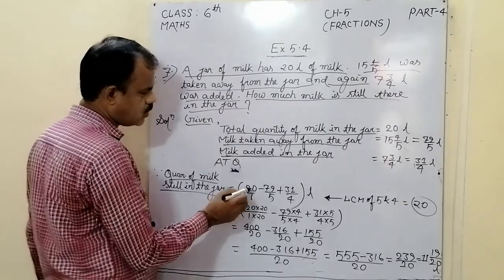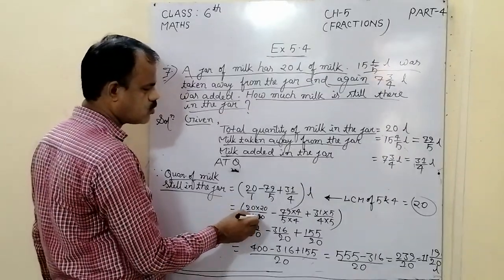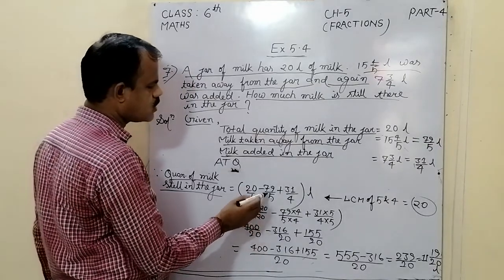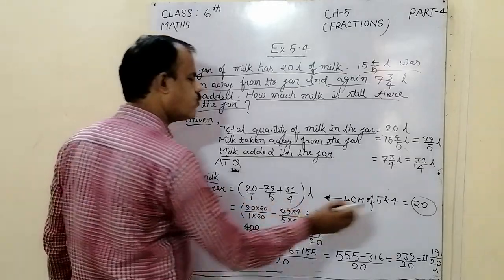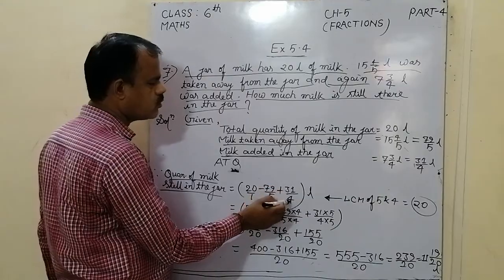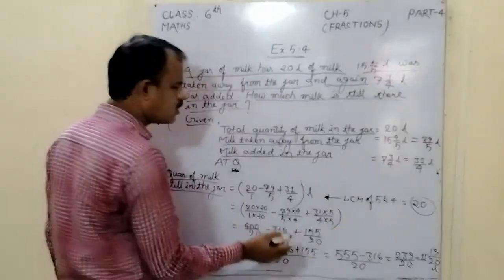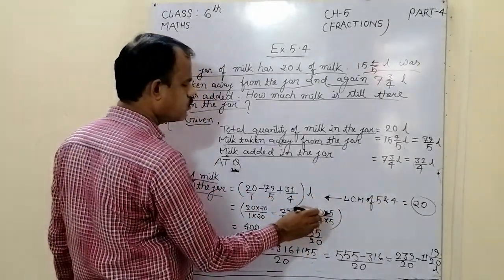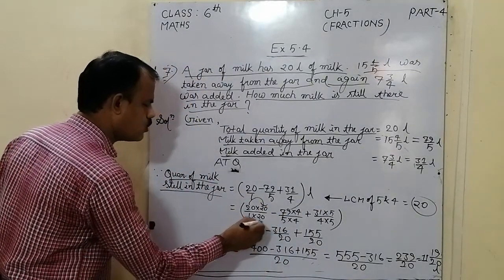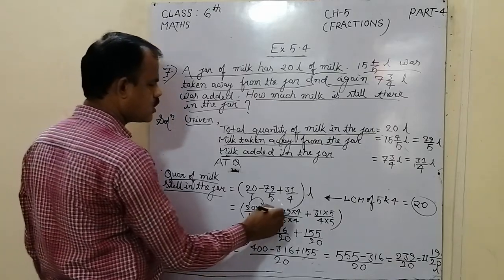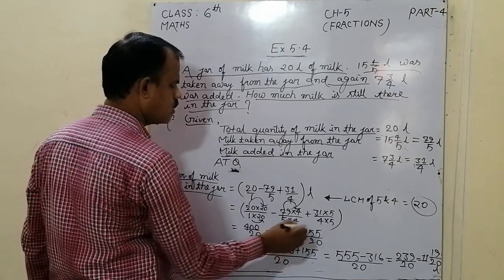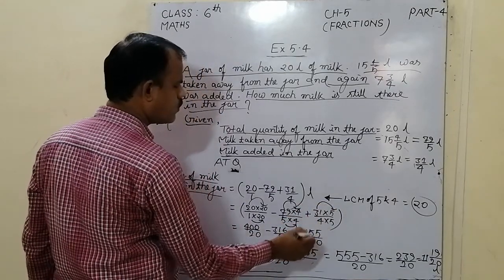So see here, look here, 20 by 1 into 20, so by 20 you have to multiply both numerator and denominator. 79 by 5, 5 times 4 is 20, so multiply by 4 both numerator and denominator. 31 by 4, so 4 times 5 is 20, so we have to multiply by 5 both numerator and denominator. Now look here, 20 times 20 is 400, 400 by 20, 79 times 4 is 316, 31 times 5 is 155,